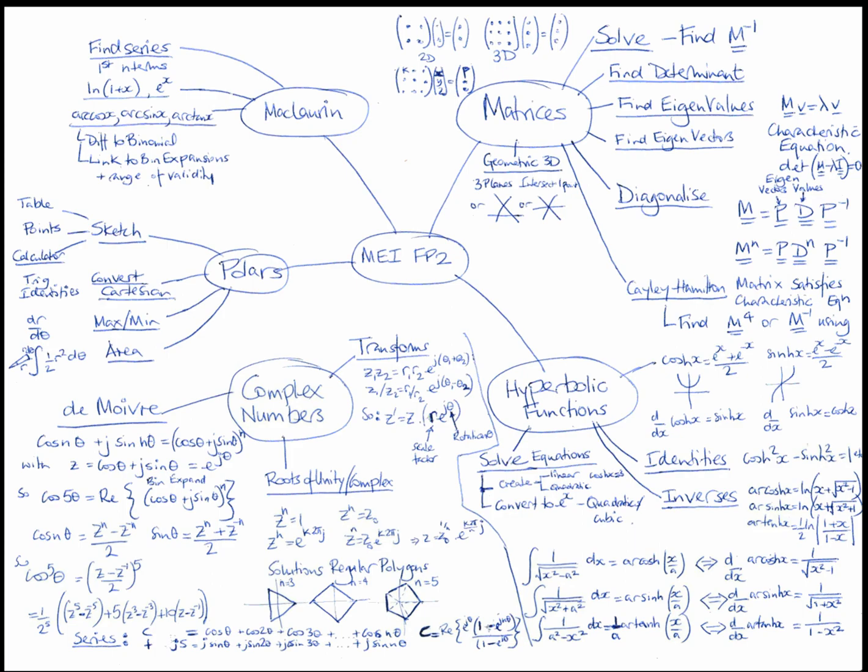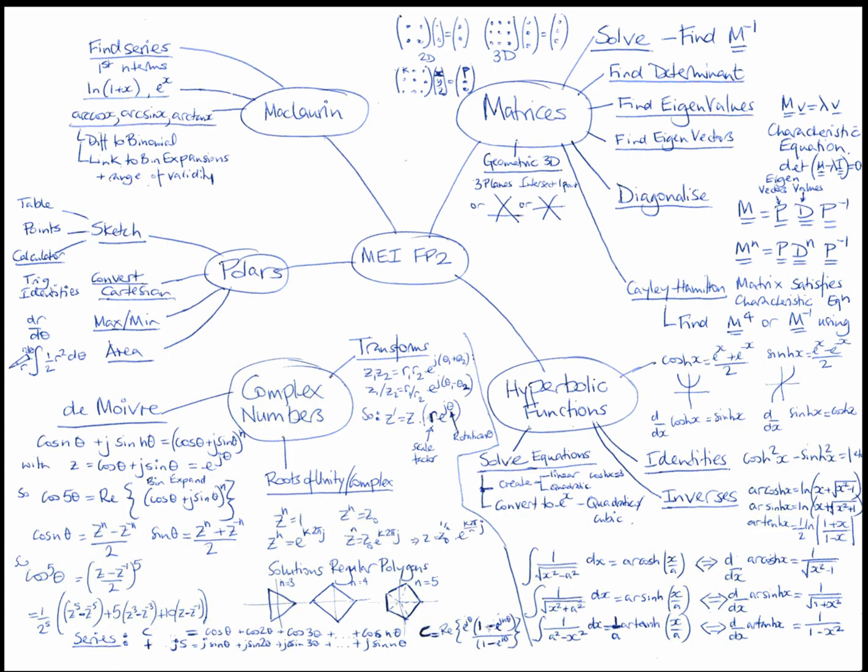Next one, big chunky section, will be on complex numbers. The whole principle of FP2 is we're working in a polar form of complex numbers, r e to the j theta, or r(cos theta plus j sine theta), that sort of concept. And so when we multiply complex numbers together, we multiply the moduli, and then we effectively add the angles. If we're multiplying, so theta 1 plus theta 2, and if we're dividing, we're doing theta 1 minus theta 2,